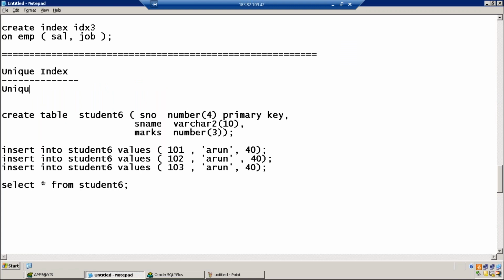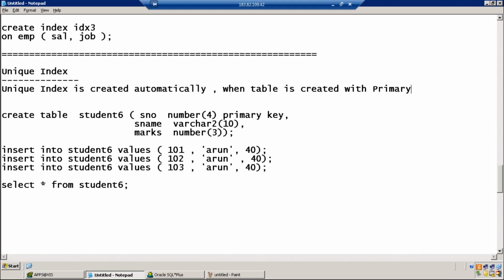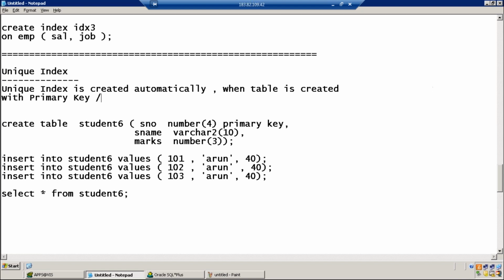Unique index is created automatically when a table is created with a primary key constraint or unique constraint. So when you create a table and apply a primary key constraint or unique constraint on a particular column, automatically that index will be created on that column.